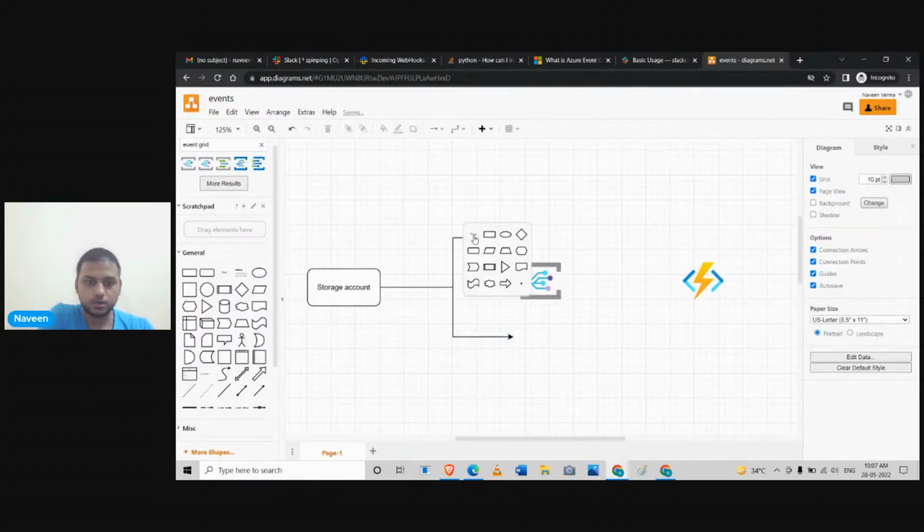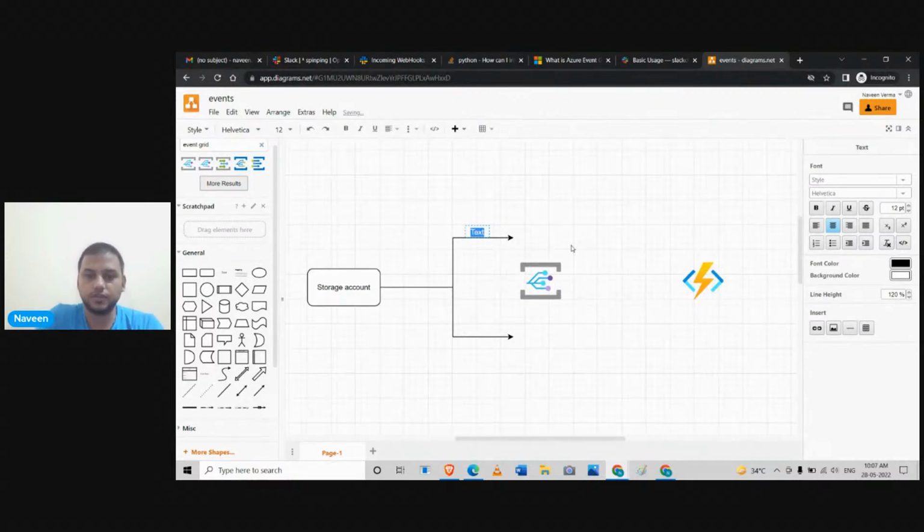When we talk about the integration of events with our storage account, we get different types of events which we can integrate with our storage account, and that includes creation of a blob,